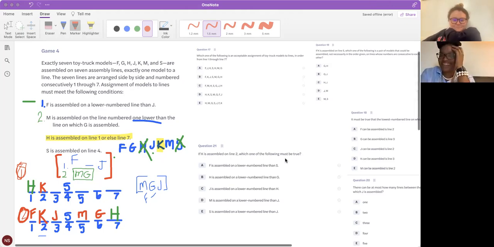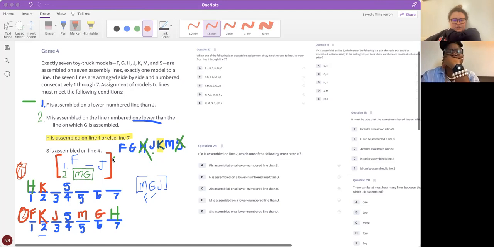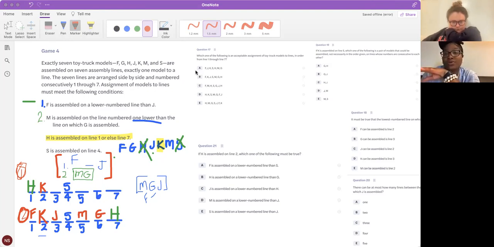Okay. All right. So in world number 1, now let's try to use some process of elimination here. We have 4 letters and where do they have to go? M and G has to go 6 or 7, and F and J has to go 3 and 5. One of those is right. So